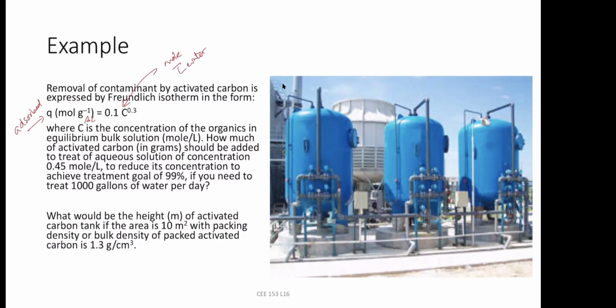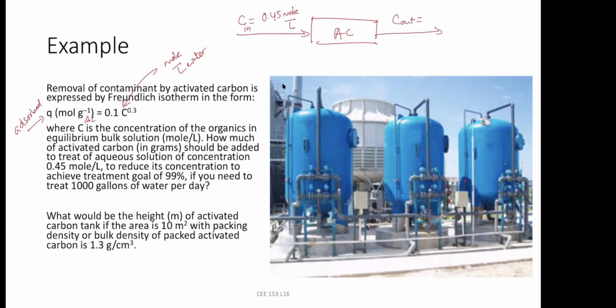How much activated carbon should be added to treat an aqueous solution of concentration 0.45 moles per liter to reduce its concentration to achieve a treatment goal of 99%? So let's say this is activated carbon, and you are injecting a pollutant. It has the pollutant concentration, which is C in, 0.45 moles per liter, and you want to treat it such a way that your C out